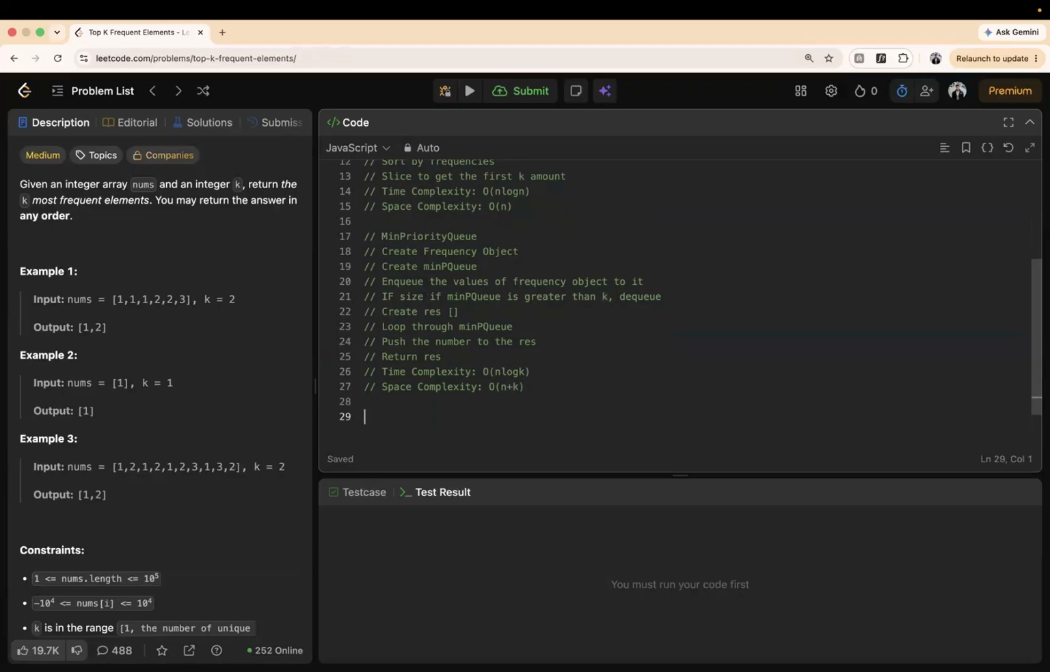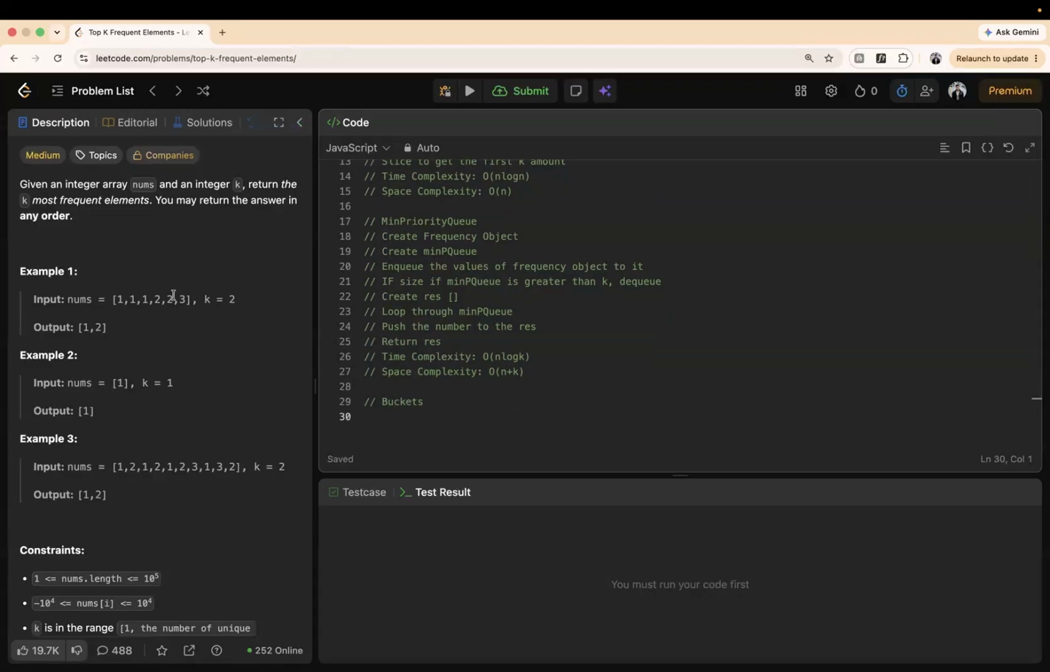There's another way we can make it even faster, and that's using buckets. And the key here is knowing that we're bounded by the length of this nums array to know the frequency of each value. And we can use the index to know the frequency. And here we start off the same thing. We create this frequency object, but then